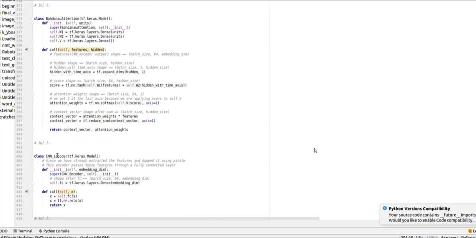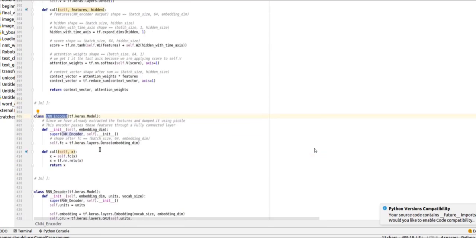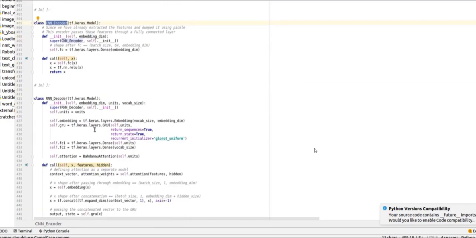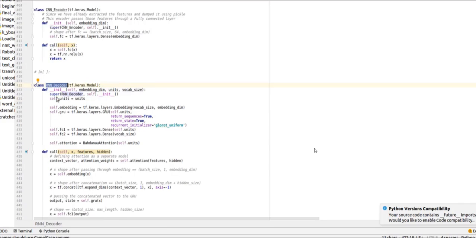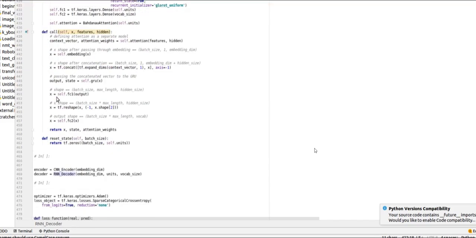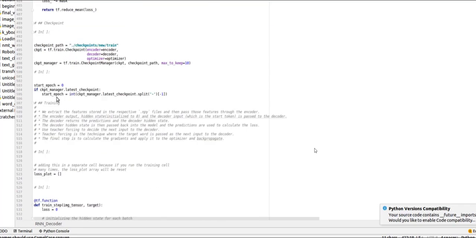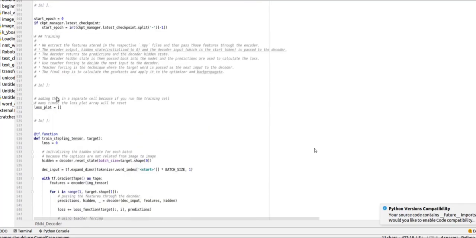For processing the image at the very beginning, the CNN encoder is used, which converts the image tensor into high dimensional features, and those features will be fed to the RNN decoder part. The RNN decoder will do its job using high dimensional feature analysis, and generate a meaningful outcome in the form of text of what it understands from an image.